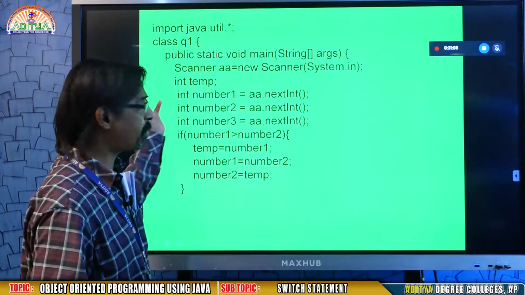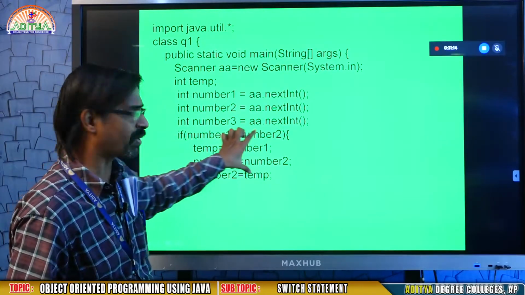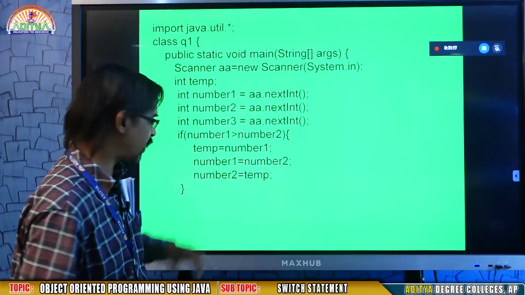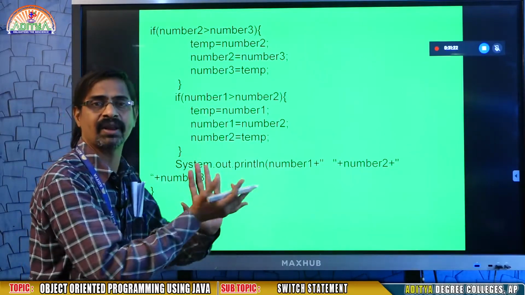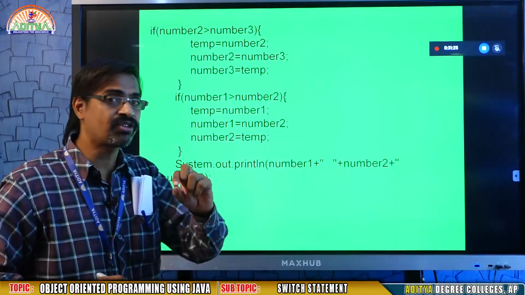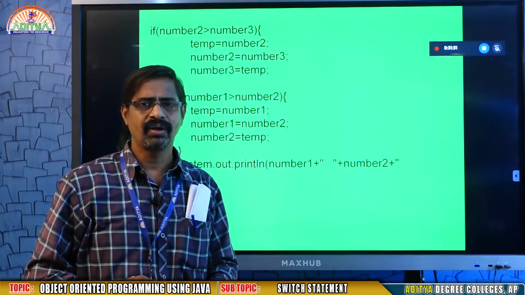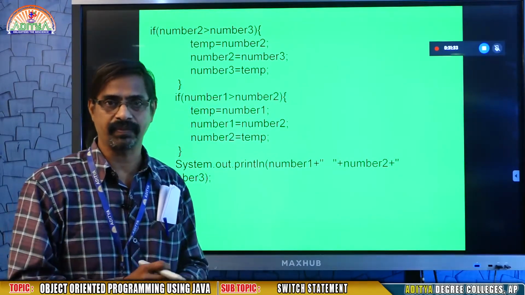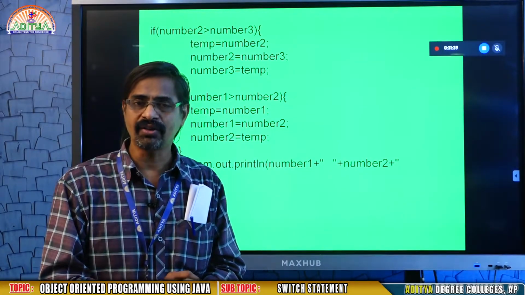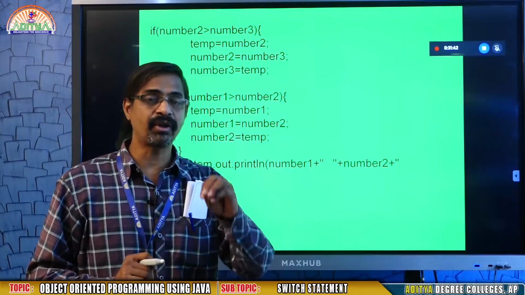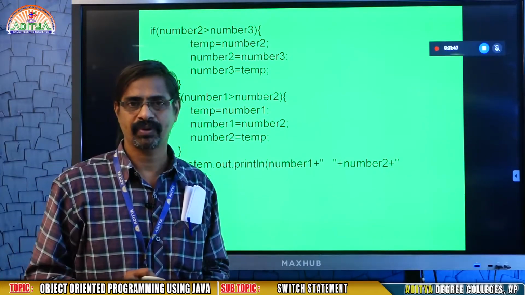So what happened? 3 pages of program. Here it will be 2 pages. Because what I made is, first compare whether number 1 is greater than number 2. Then I interchanged. Again I compare whether number 2 is greater than number 3. Then I compare number 1 and number 2 again. So dear student, this is what is called logic. Remember, every program has a logic, but according to the logic you maintain the complexity. Don't increase the length of the program. Don't use too many variables. That is space complexity, that is very important, okay. And memory complexity. The program should occupy less space, okay.